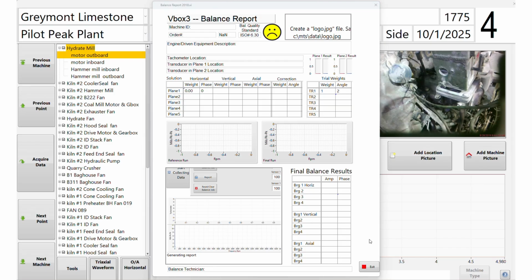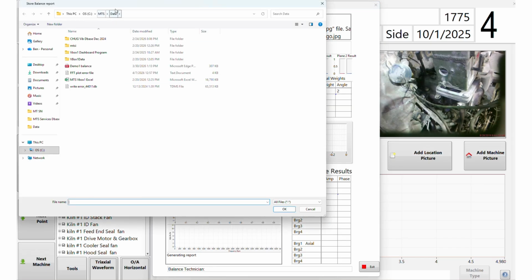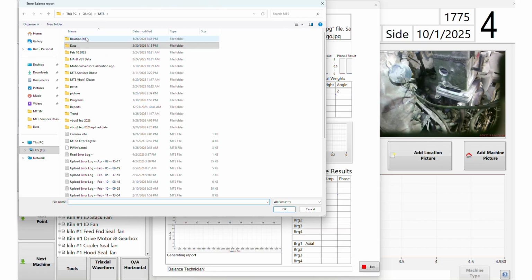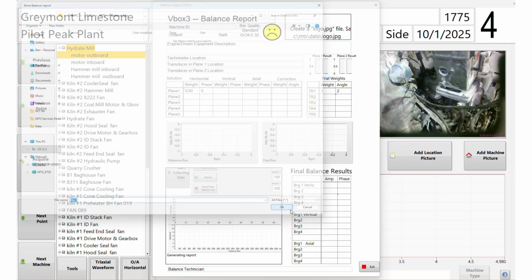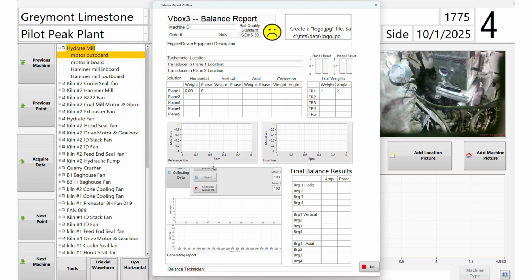Then we hit save continue, and we go to our MTS folder, balance jobs, and put the name of the file in here. File 1, hit OK, and that will save this PDF so you have a record of the balance job. Then you hit exit,